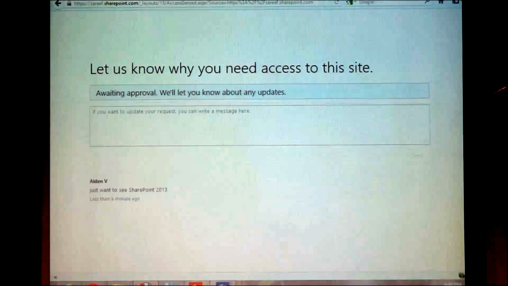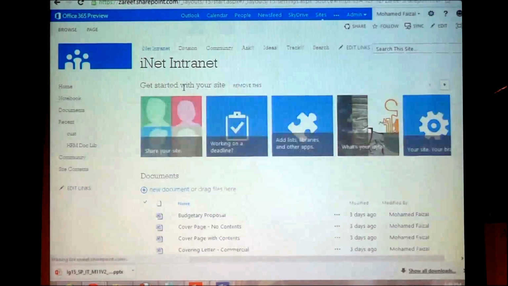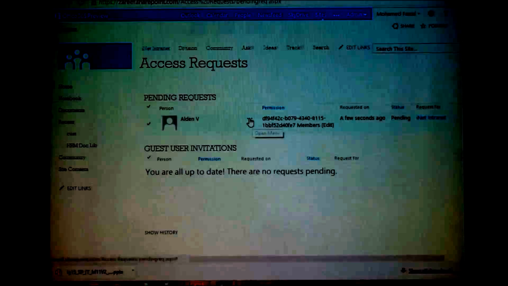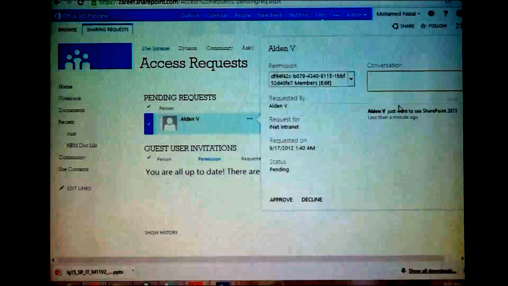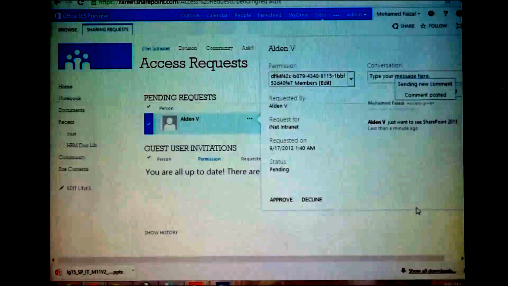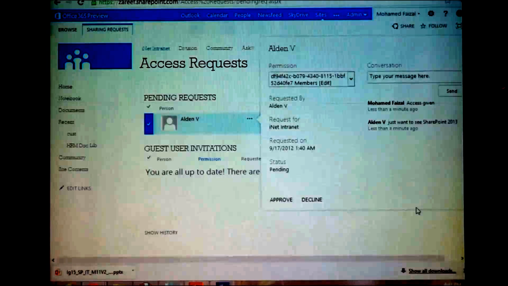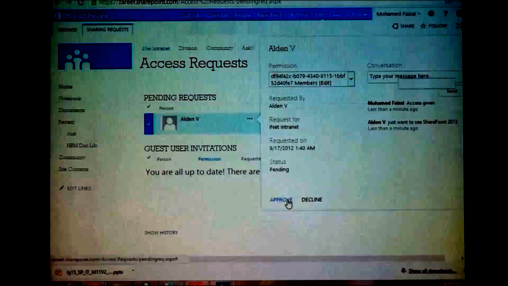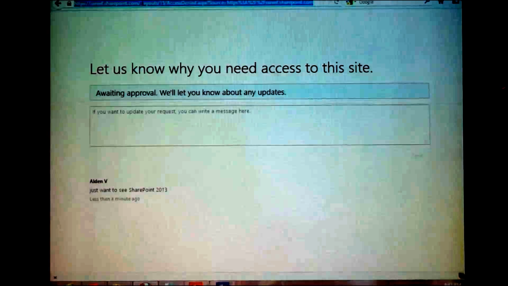Okay, when the administrator logs in, he can go to site settings and see the action required item, or you can go to the tasks basically. Then you can see Alden is requesting for this. You click the ellipsis. You can say either rejected or approved, or you can drop a note to him. This is a thread that you are doing with him directly, quickly, through this channel. Then you can say approved. It's approved now. You go back here and go to the same place.